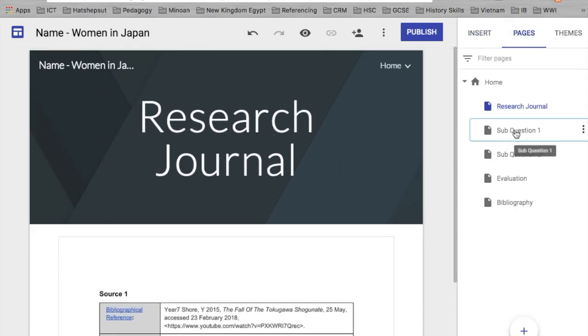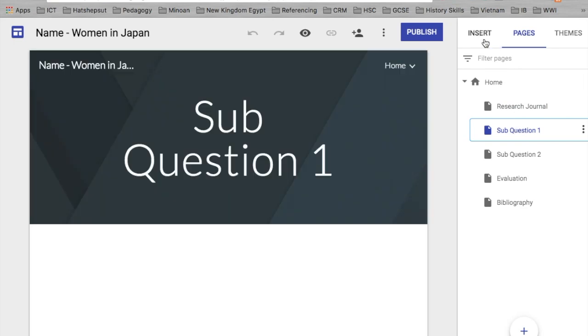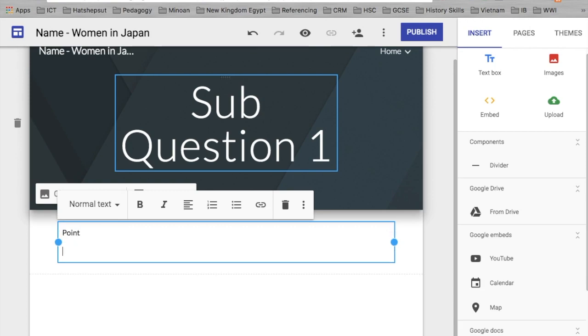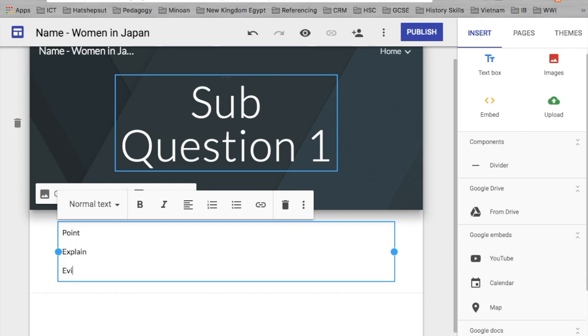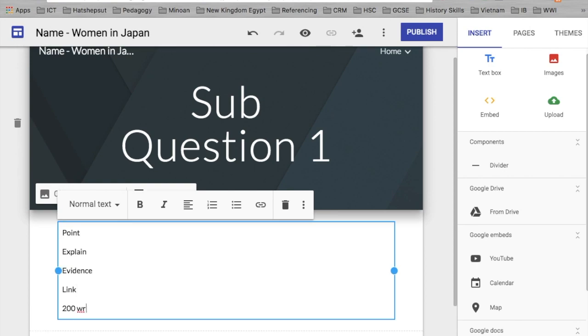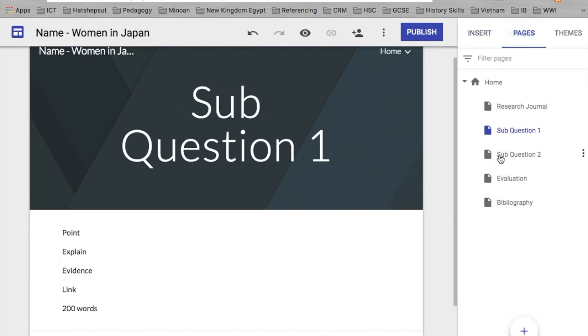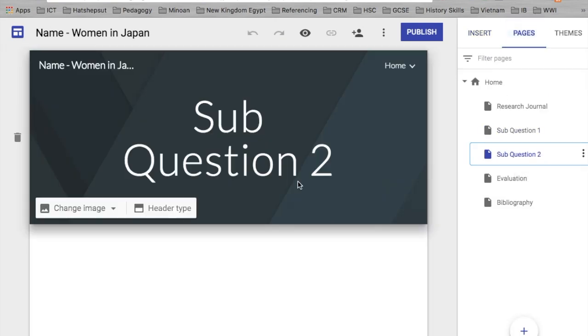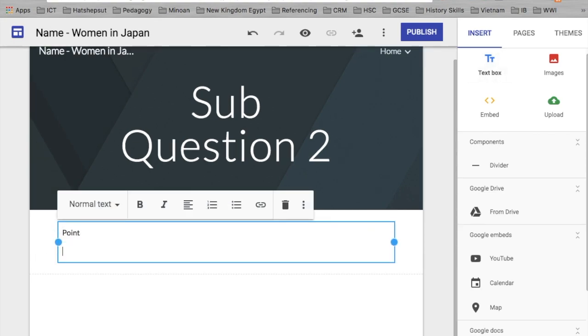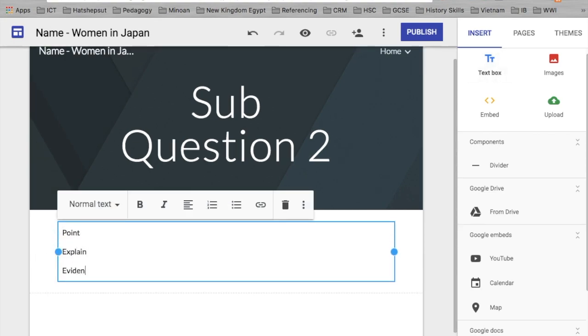Then my sub question, I need to start writing my assignment using peel paragraph format. So I'm going to go to insert again, go to text box, and then start writing my assignment in there. Okay, and that should be around 200 words. And then do that for my sub question number 2. I answer that question, go back to insert a text box, point, explain, evidence, link,